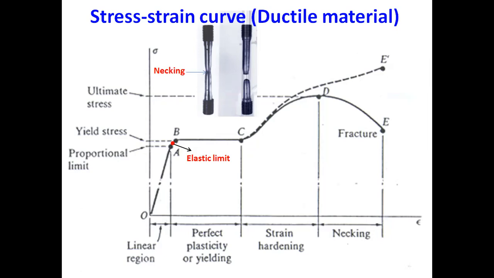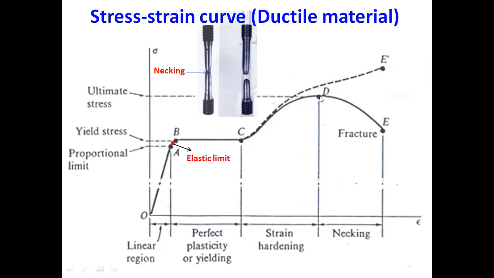But when point C is reached, again the material would regain its hardness. And again the material would start resisting the load. It would start taking the load. So here again, if we increase the load, then the strain or deformation would occur, and we would be getting this line. We would reach point D, and afterward